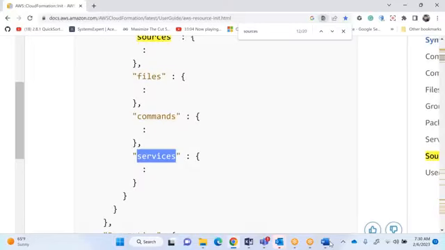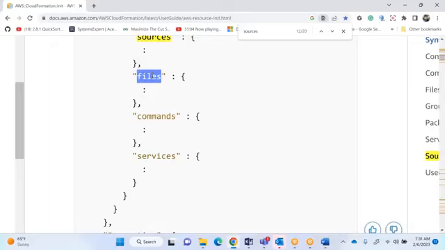Any files you want to create, files. Any commands you want to run, commands. Any services you want to start, services. Like you want to create some database configuration files where your application will read the database details you provide, automatically it has to create it on the fly. You want to run some database commands which will create a table, anything you want to do, commands.